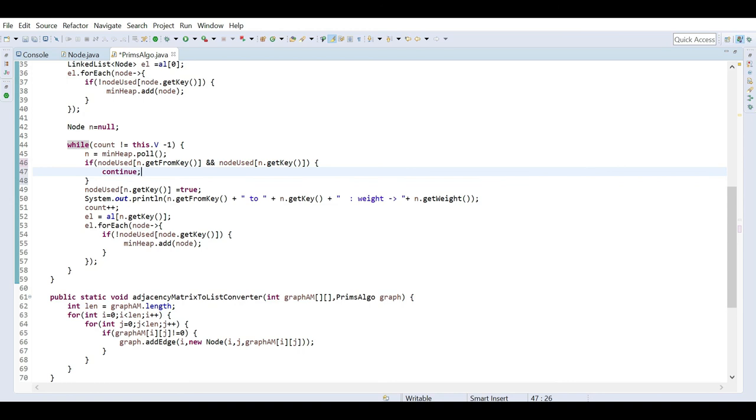The below part we don't have to execute, we can skip that.